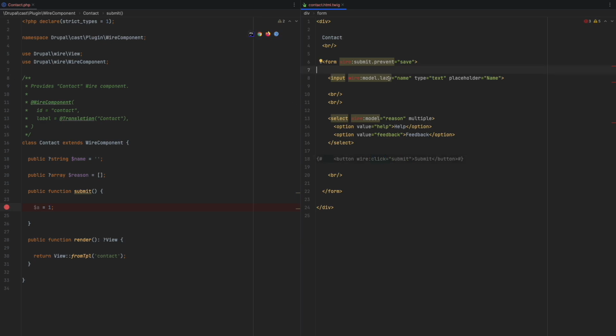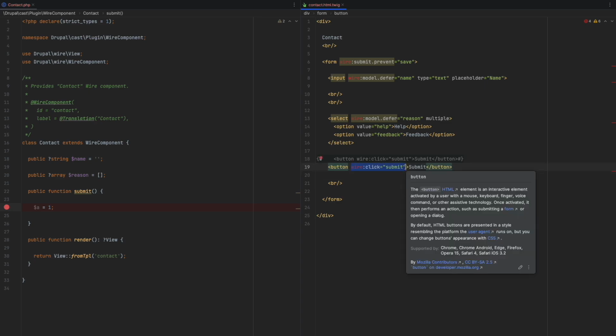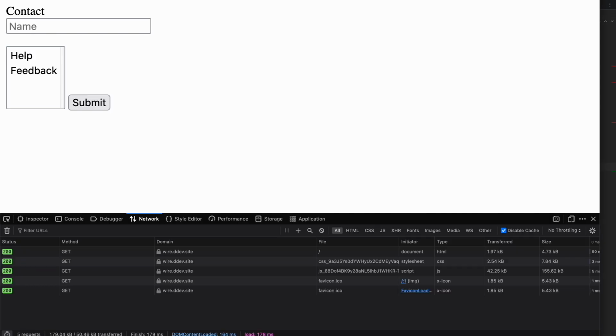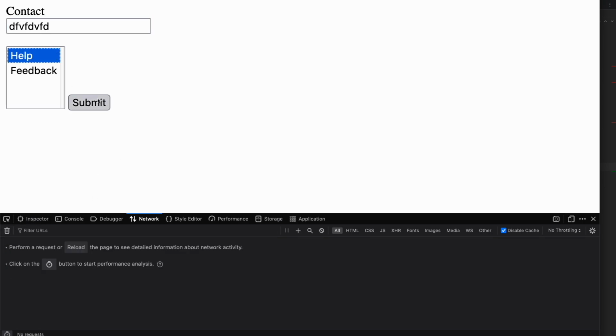Alright, and one more thing we can do in this form. Instead of a lazy modifier, we can use the defer modifier for our models, because like this, there will be no request to the server until we hit the submit button. Which I didn't really add, so let me add it now. Back to the page, I'm filling in all inputs, no requests are being sent, and only after hitting submit,